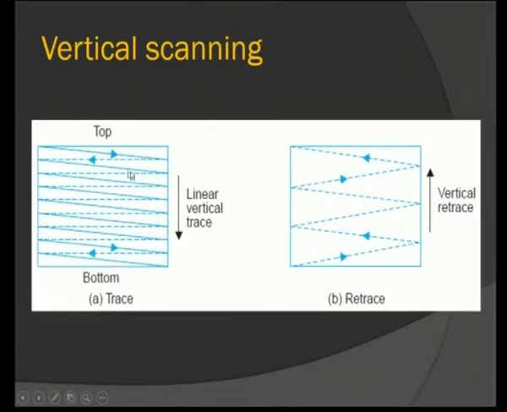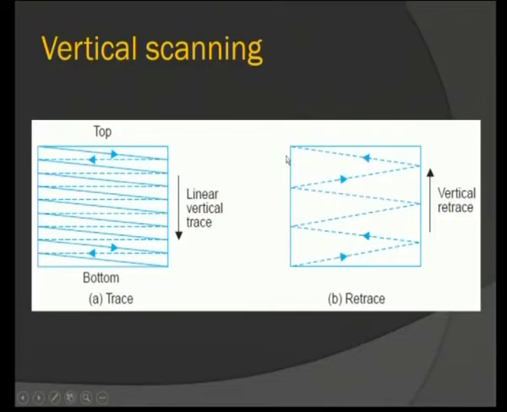Top to bottom, the linear vertical trace will appear like this. The bright line will indicate the trace, and the retrace is in a dotted line. This will show the vertical scanning picture from top to bottom, that is the trace, and when we eliminate all these trace lines, the retrace will appear like this, and during the retrace no information is carried, that is, no picture information is reproduced in the picture tube during retrace, it is in a fully blank state. So next we move on to another topic, that is the number of scanning lines.